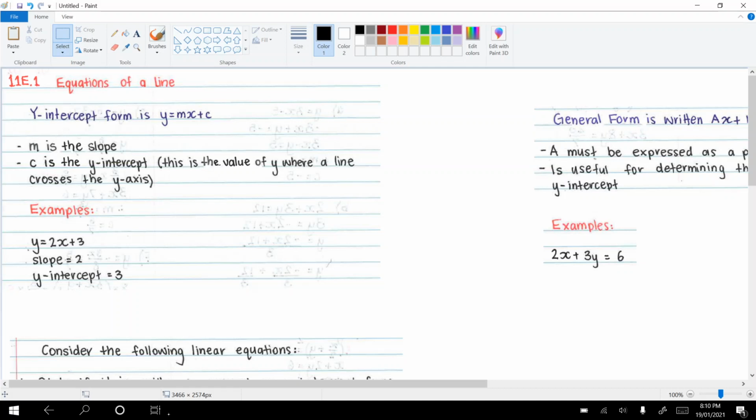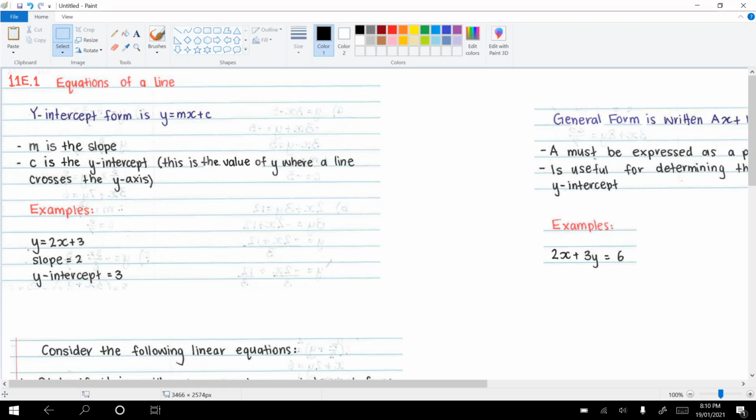So we're going to look at these two forms today. We've got y-intercept form, which we're quite familiar with. That's where we have y equals mx plus c. m is the slope and c is the y-intercept. That is where it crosses the y-axis. So an example might be if you have the equation y equals 2x plus 3, the slope is 2 and